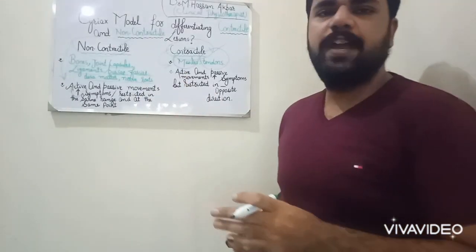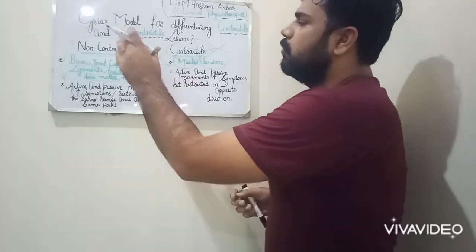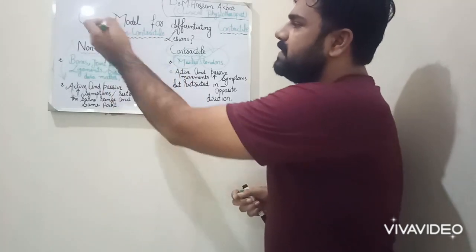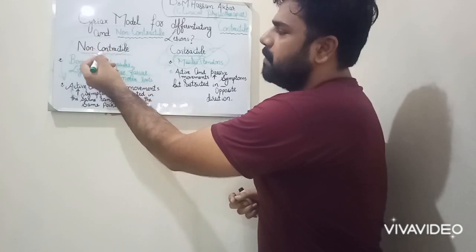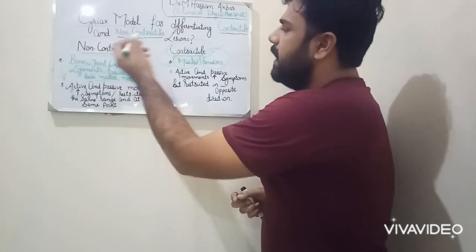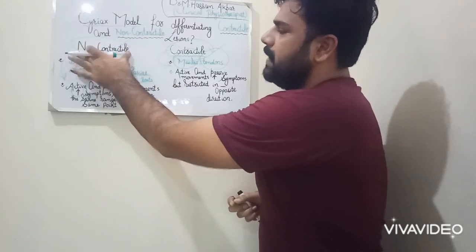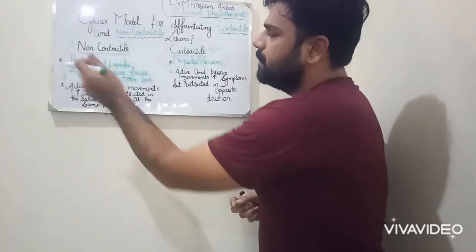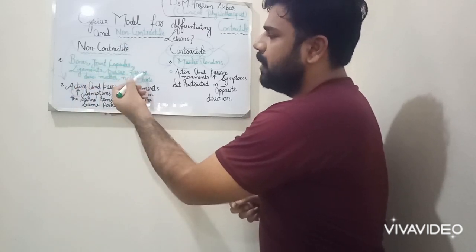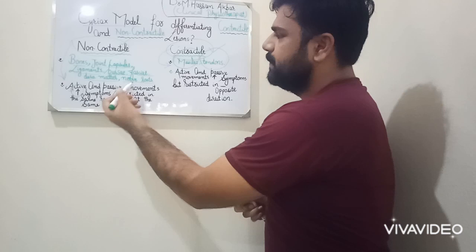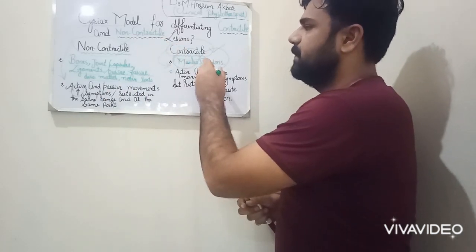In order to differentiate between lesions caused by articular dysfunction or non-articular dysfunction, Cyriax divides the elements into two components. Number one is non-contractile and the second one is contractile. In the non-contractile elements, he placed bones, joint capsule, ligament, bursa, fascia, dura mater and nerve roots. And in the case of the contractile elements, muscles and tendons.